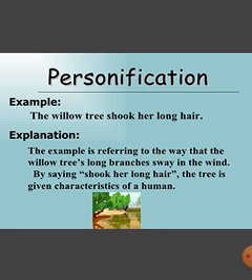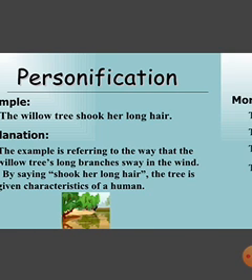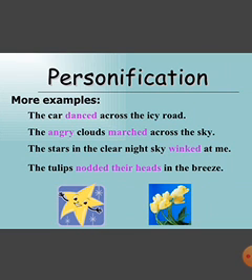Then let me cite other examples that are not part of the material here. When you say, oh, the sun is angry. Yes, the sun is angry. You are saying that the sun is very hot. That's what you are saying. That is, oh, this the weather. That's what you are saying. Let's look at more examples here. The car danced across the icy road. You can't have a car dancing. So you are giving human attributes. The angry clouds march across the sky.